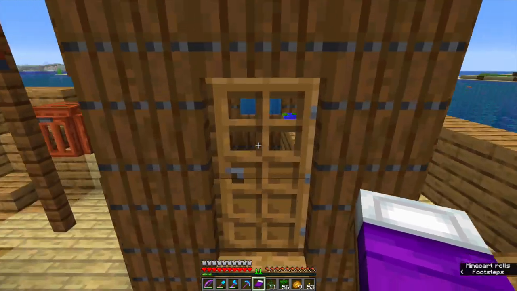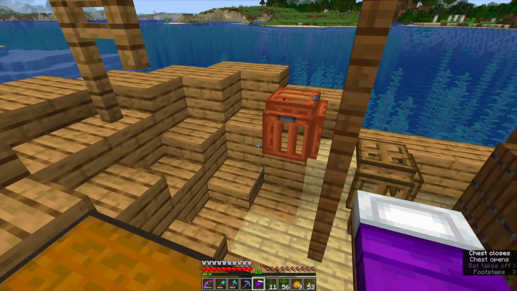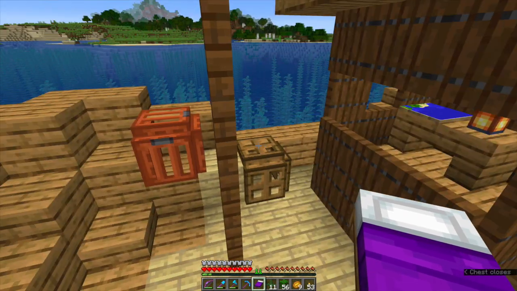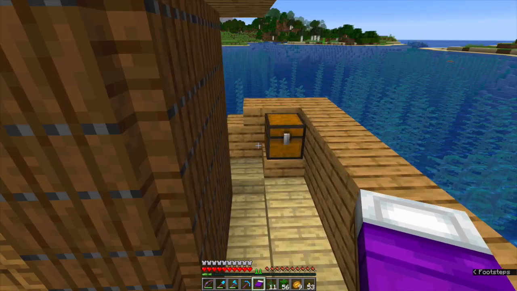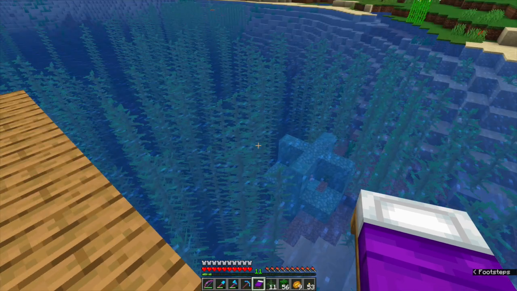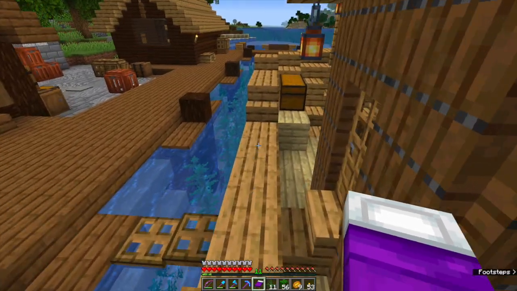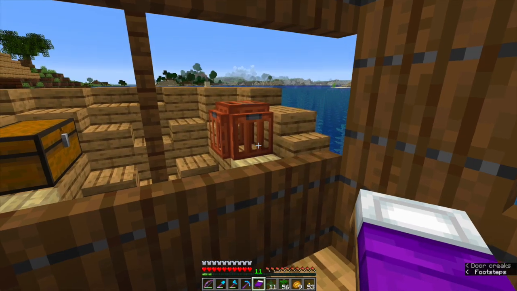So we go across the plank onto here. We've got a bit of storage on here. We've got some more lobster pots or whatever. I think we've got a chest there. I've still got the conduit up. I put that up so that then I could breathe underwater, and it was fabulous. And then this is the little